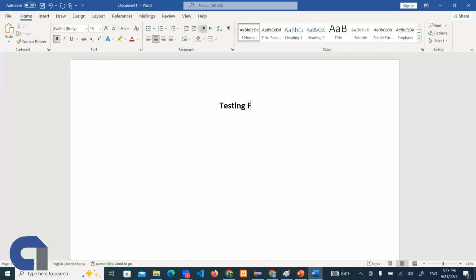Testing Facebook login page. That's all. Now I will move it to the left-hand side and make the font size 14, a little smaller. What is the test scenario, guys? The test scenario is, let me unbold it. Test scenario is,